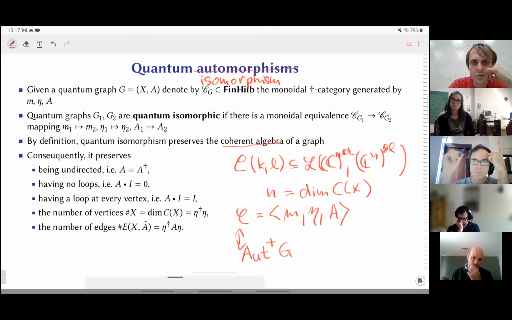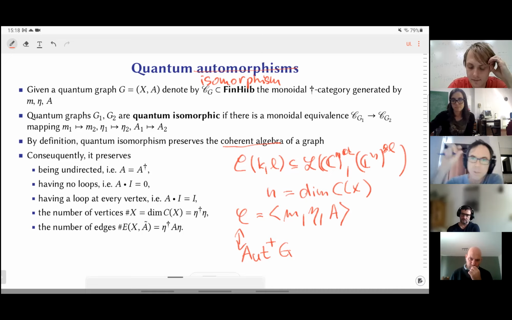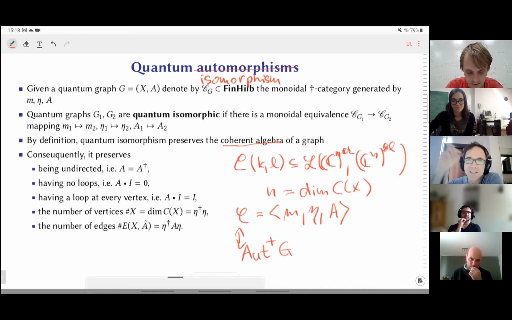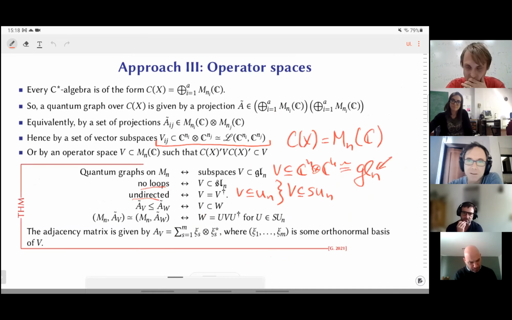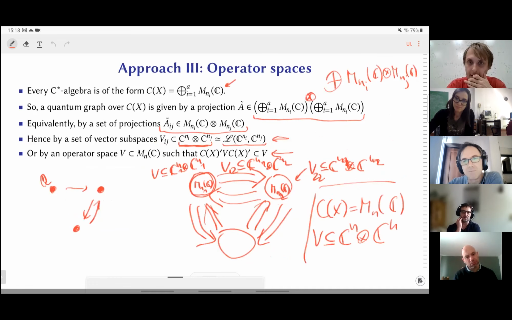I'm not sure what a weak Hopf algebra is, but to use them for what exactly do you mean? Or if you prefer a Hopf algebroid over those points. So can you go to the picture of the quantum graph? A weak Hopf algebra is like a Hopf algebra, but where the co-multiplication is not co-associative.